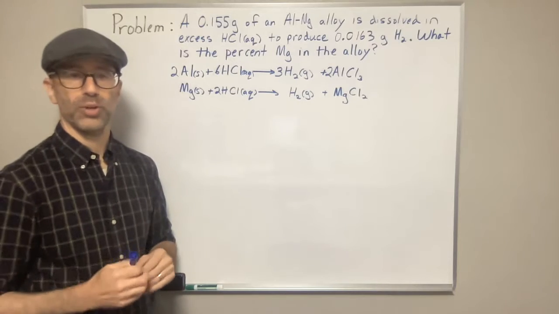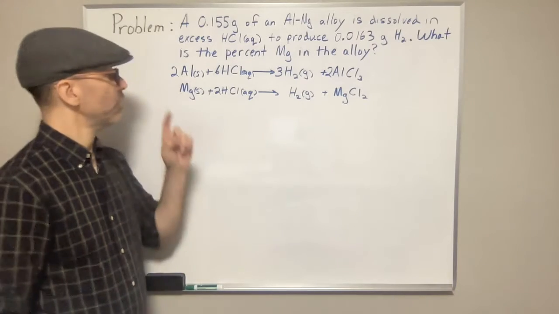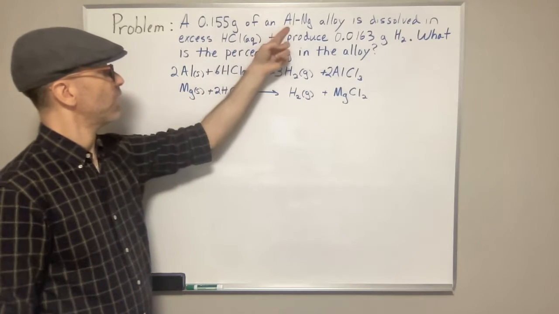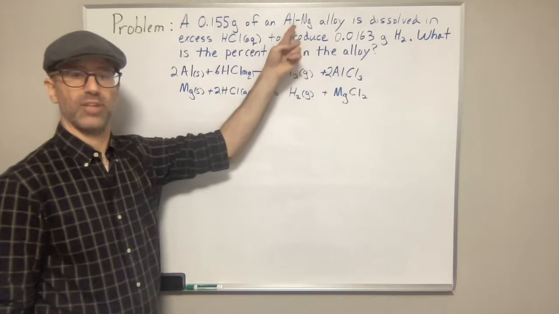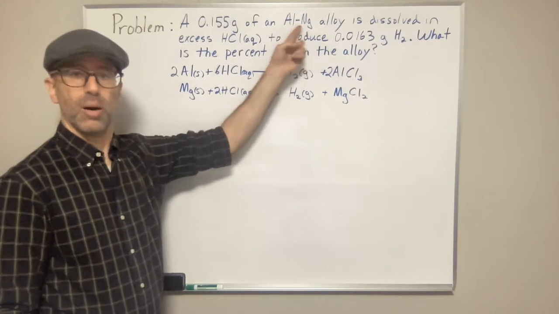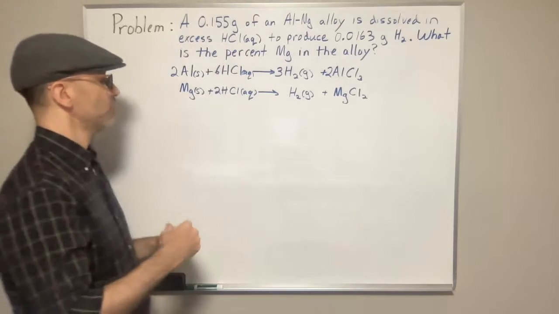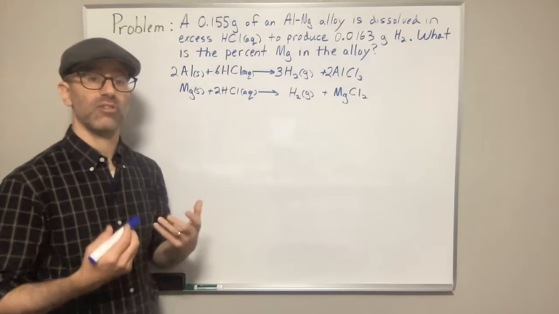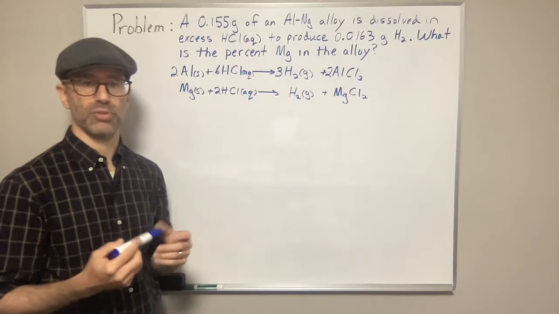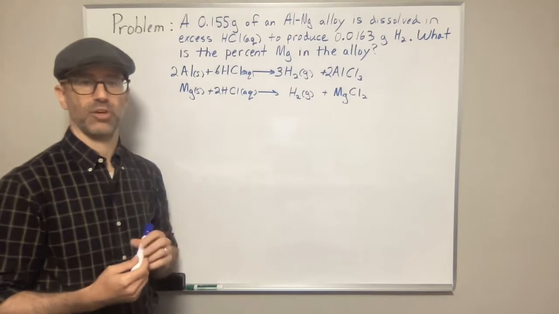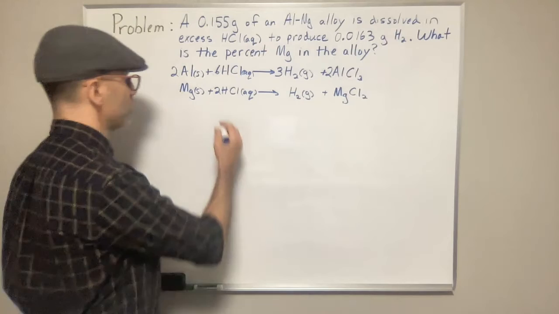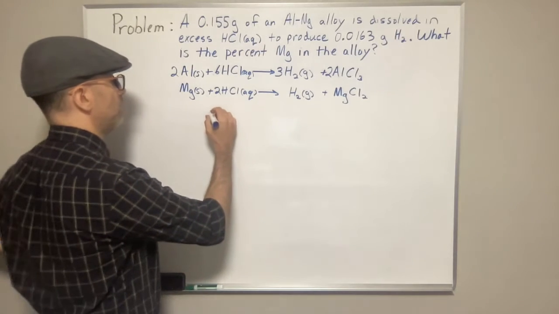And so what do we do from here? Well, we're given the total amount of the aluminum magnesium alloy. So that means the amount of aluminum plus the amount of magnesium total equals this. So we're going to need a system of equations. We're going to need two equations to solve this because we have two unknowns, the amount of magnesium and the amount of aluminum. So our first equation is going to be